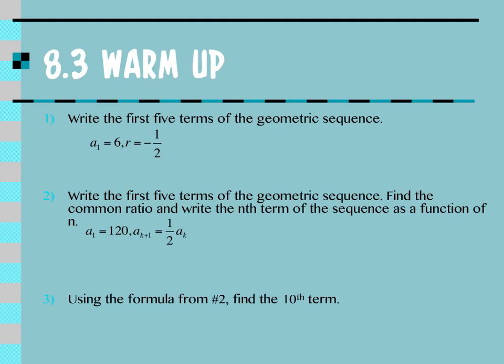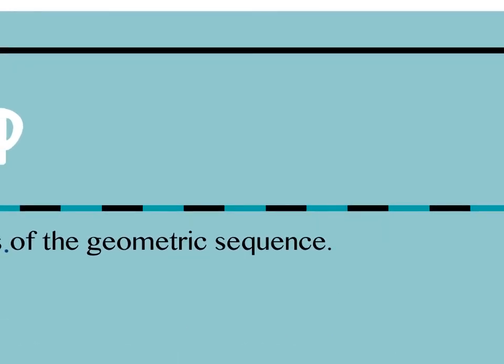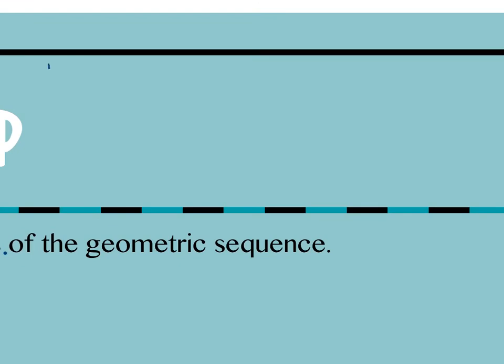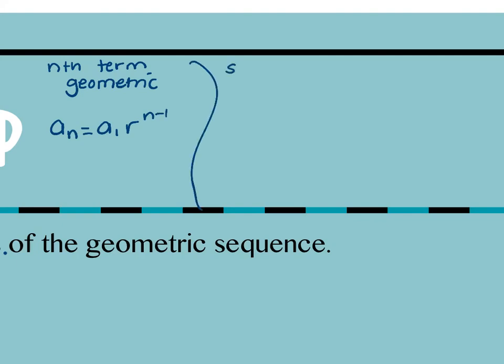All right, so we're going to work through the warm-up first. This is the geometric sequence and series we added on to yesterday. The nth term, if it's geometric, is a sub n equals a sub 1 times r to the n minus 1. Then we had the sum of a finite geometric